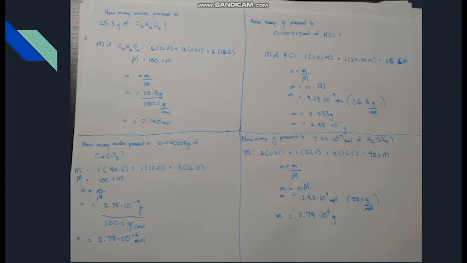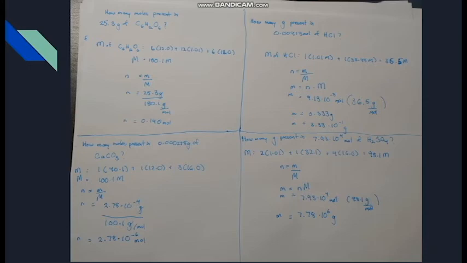Now, the molar mass of hydrogen chloride is going to be 1 multiplied by the molar mass of hydrogen, which is about 1.01. Then you add 1 multiplied by the molar mass of chlorine, which is about 35.45, and you get about 36.5 grams per mole. Now, the equation is n is equal to the mass divided by the molar mass. We rearrange to isolate the mass, so m is going to be equal to the number of moles multiplied by the molar mass, which is going to be 9.13 times 10 to the negative third moles multiplied by 36.5 grams per mole, and we get about 0.333 grams, which is also equivalent to 3.33 times 10 to the negative 1